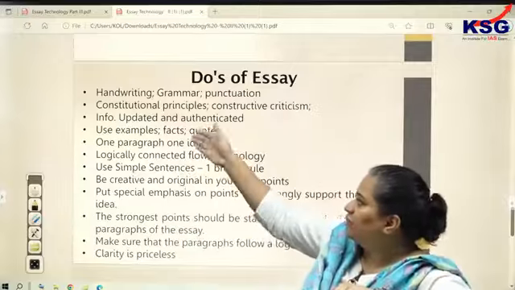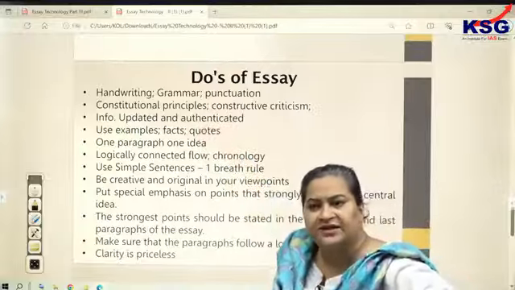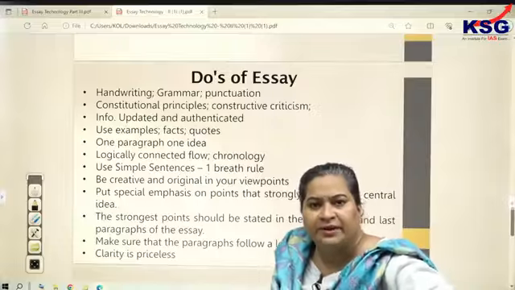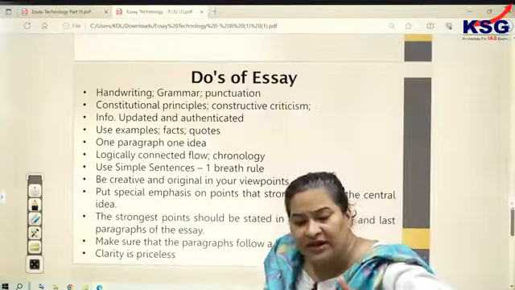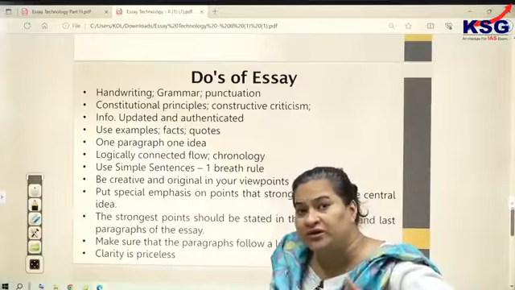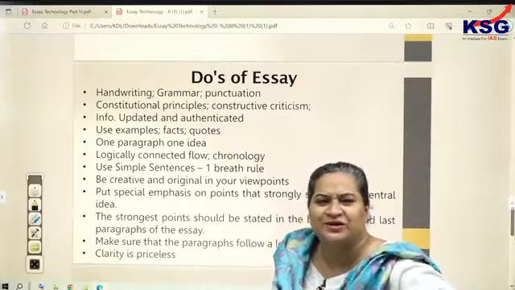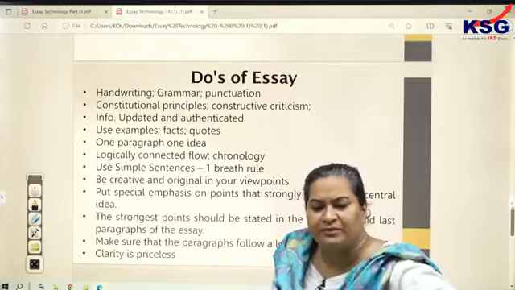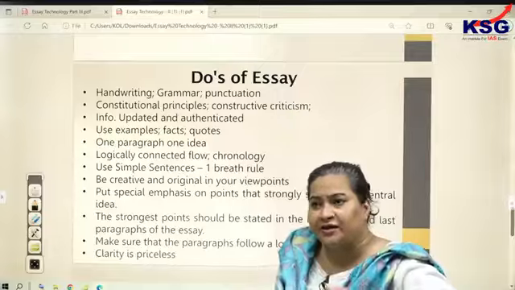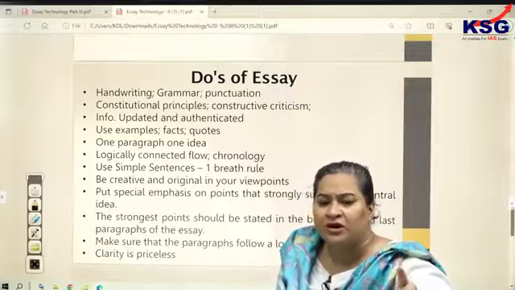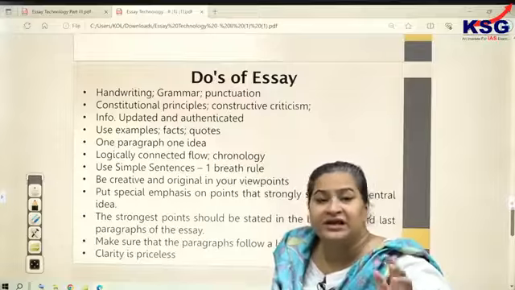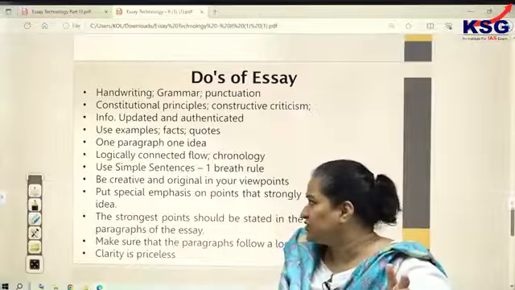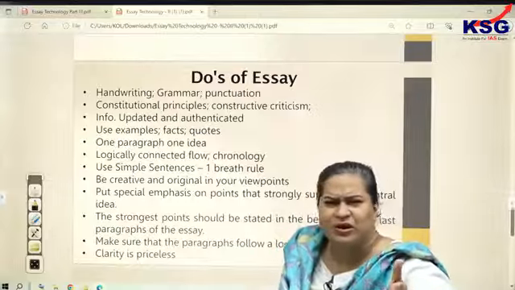All right. So information should be updated and authenticated. Let's say you're writing on poverty and you are mentioning National Family Health Survey 4, which is correct, but the National Family Health Survey 5 has been published, that too 2 years back. It has been in news for almost 2 years now. So if someone is not talking about National Family Health Survey 5 and the multidimensional poverty index based on NFHS 5, rather a person is quoting NFHS 4, the examiner may feel, why is the child not so updated? Why is the information relatively old? So that's something which I think is implicit, and it should be understood anyhow.